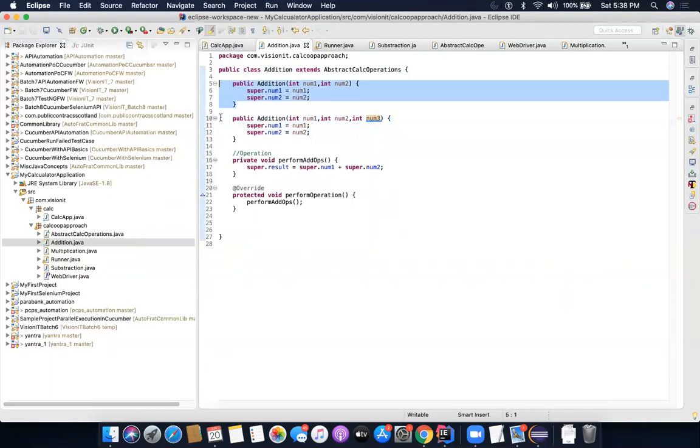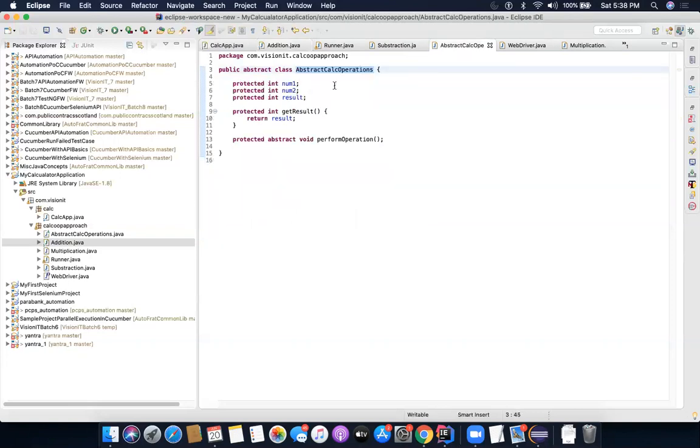Now what I want to do is enhance my software so that it can also add three numbers. All right. So there are a lot of changes which I need to do. I will only make a few of them, and the rest I will leave up to you to think on, and we will discuss that in tomorrow's call. Okay. So the first thing I need to do is enhance my abstract calc operation, because right now it only takes these two numbers.